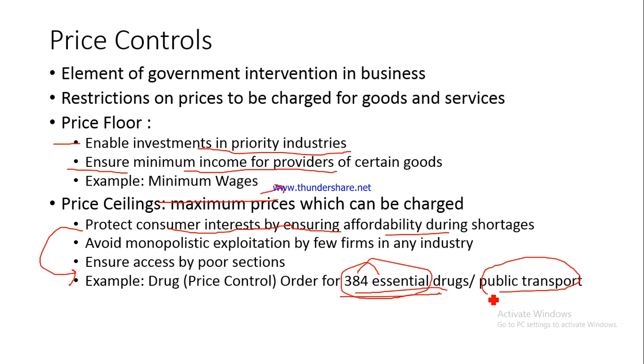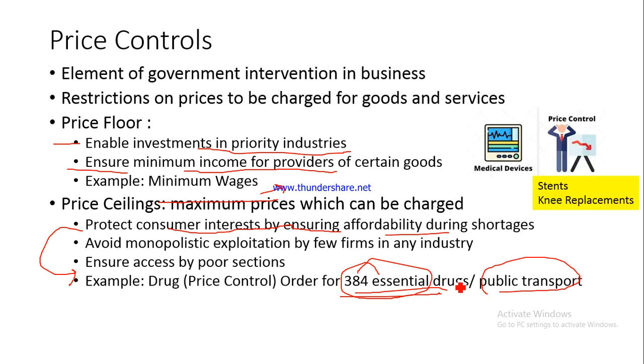It would fix, for example, on a per kilometer basis. And depending on that, the prices can be charged for a particular distance by the State Road Transport Corporations or the Uttarakhand Parivan Nigam, which is there in our state, and the Parivan Nigams in different states. So this is again an example of a price ceiling, right? So let me show you this